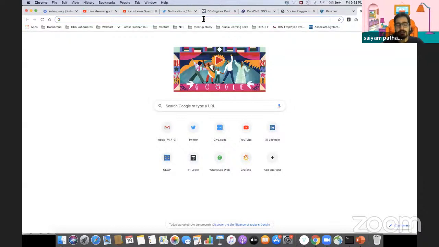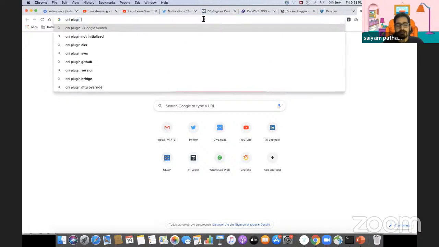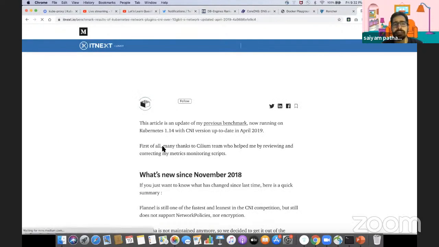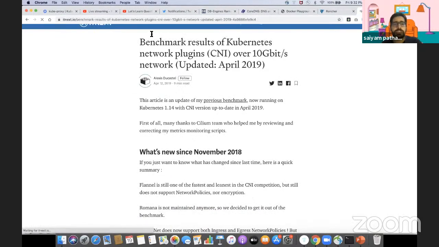CNI plugin. Very good blog on, not here. Yeah, the benchmarking results of Kubernetes CNI plugins. It's not updated since 2019, I think, but that's a really good read, a 9-minute read, because what it does